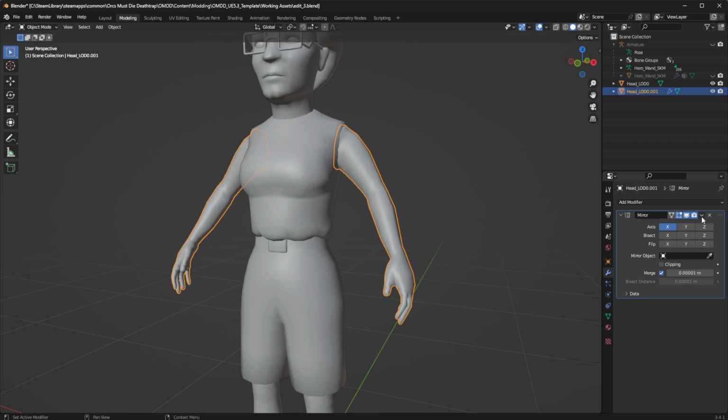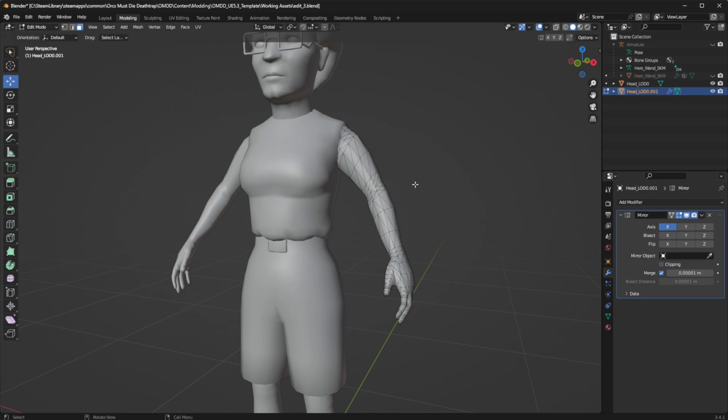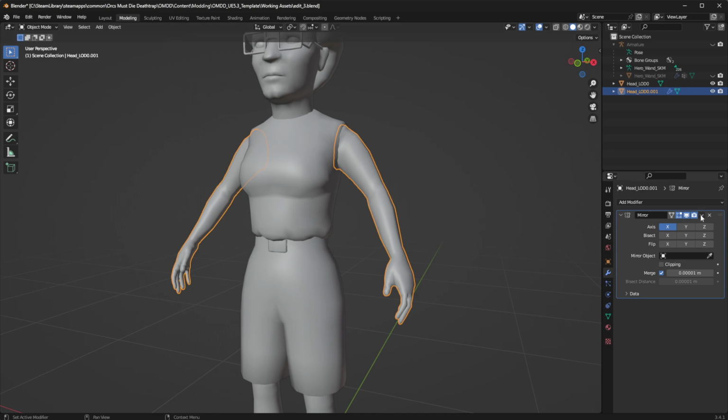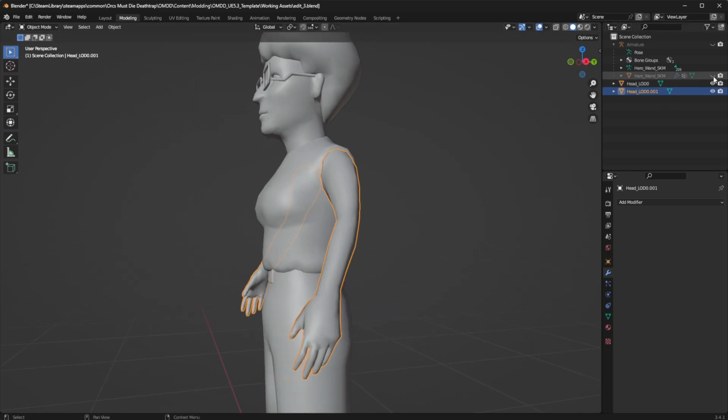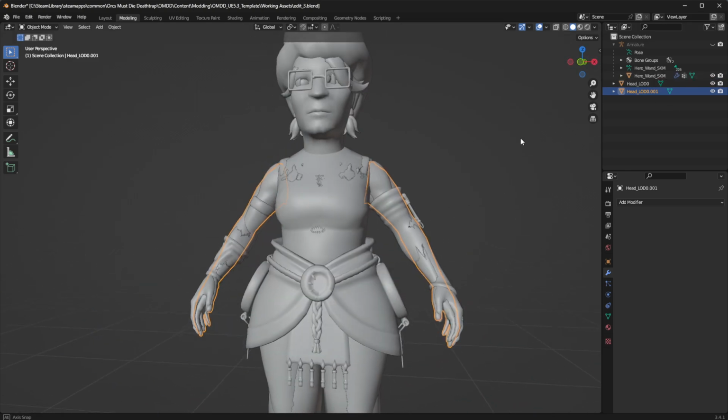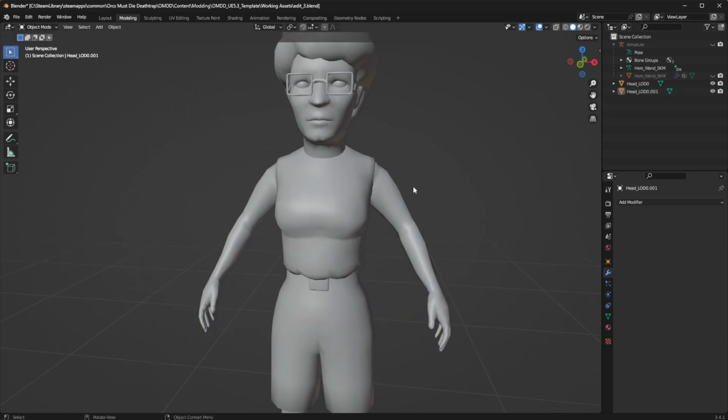I am then going to hit this drop down button, hit apply. Now, if you're in edit mode, you cannot hit the apply button, so you have to be in object mode. Hit apply, and look at that, we're mirrored over. So we didn't have to mess with the left side. Now we'll hit the arm, then the body, the one that you broke off earlier, shift select the body, hit Control J,